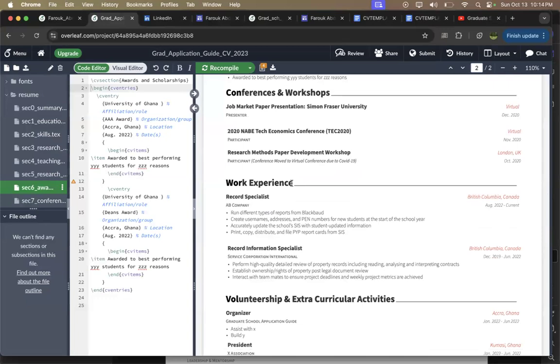And just like what Josephine asked earlier, if you had no teaching experience, this is going to be your strength. You have to strengthen this area. Make sure you tell the committee exactly what you did. So if you did a national service at a particular company, you don't just say national service, company A. You have to specify what you did. I ran different types of reports. I did this, I did that. So these are specific roles that you performed during your national service or during your stay at a company. So this is going to be your work experience.